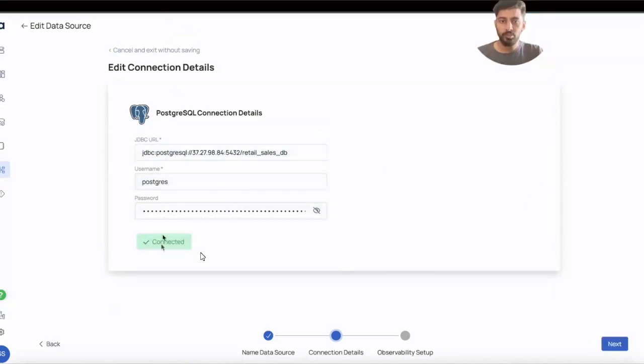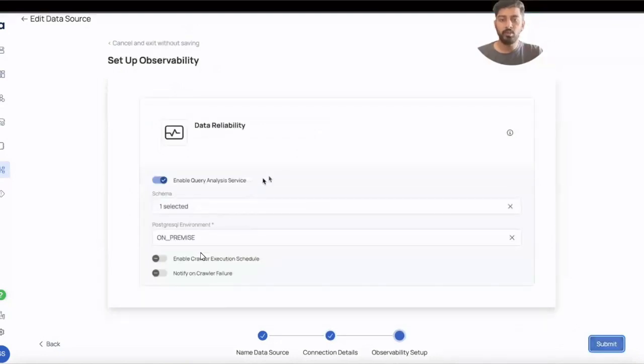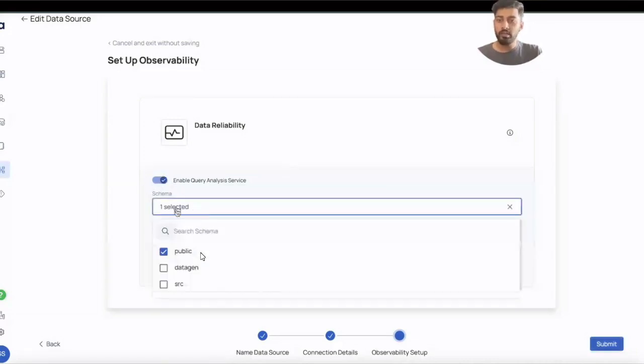So this shows a green signal that it is connected. And then you go to the next page. Here, basically, you want to enable query analysis. So when you run a query, whether you want to draw lineage based on your queries, that's the option for you. Here, you need to enable that and select the schema to which you want the